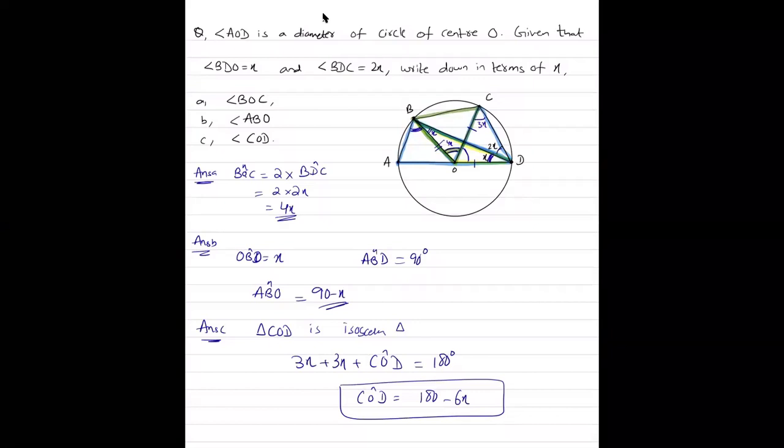जी सर. तो ट्रायंगल COD, एंगल COD निकाल रहे हैं. तो ट्रायंगल COD आइसोसेलेस ट्रायंगल है. ये जो एंगल D है ये टोटल हो जाएगा 3x, x plus 2x 3x, और ये एंगल भी 3x होगा क्योंकि ये भी रेडियस है, ये भी रेडियस है, तो आइसोसेलेस ट्रायंगल बन रहा है. ये 3x, ये 3x, और एंड दिस एंगल is needed to be found out. So 3x plus 3x is 6x plus COD equals to 180. So COD is going to be 180 minus 6x. Clear? ओके सर.